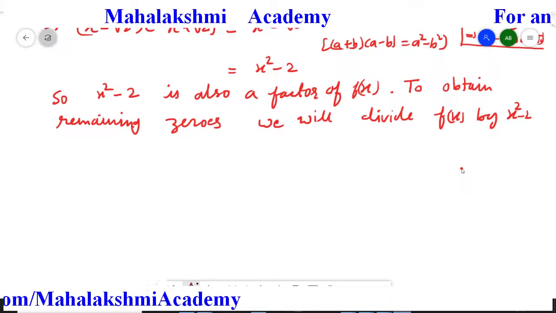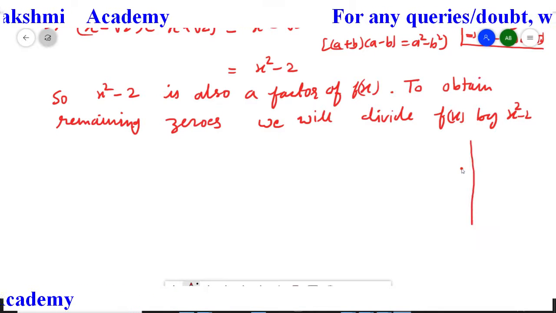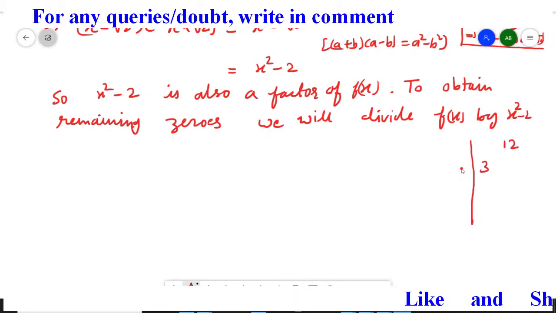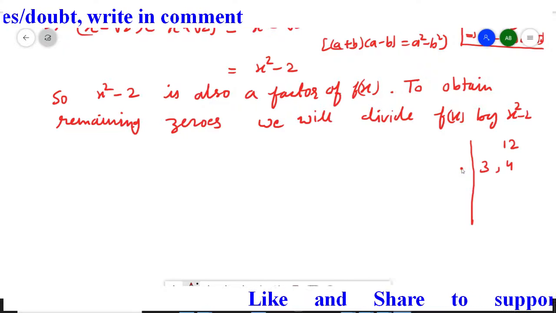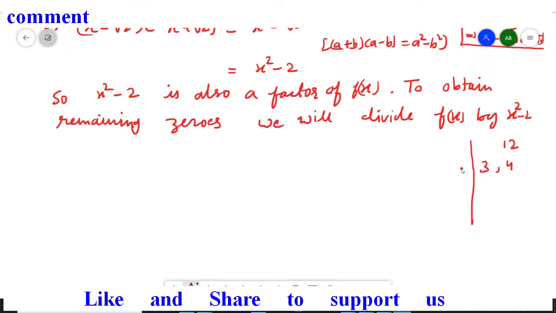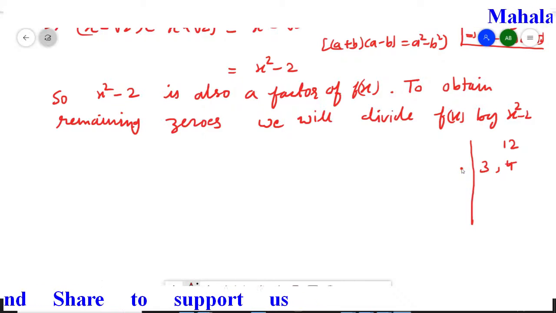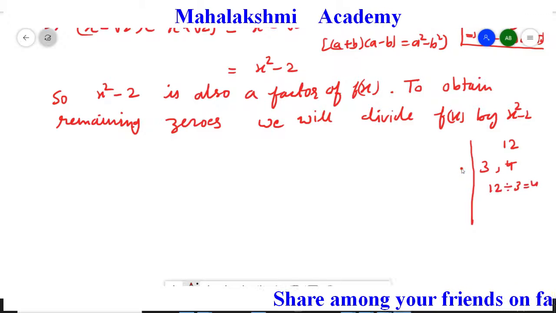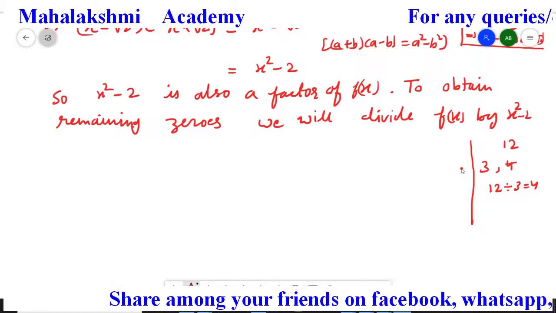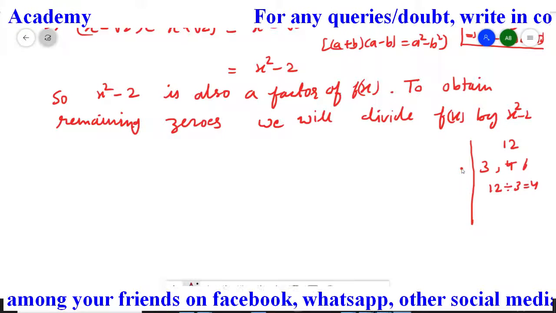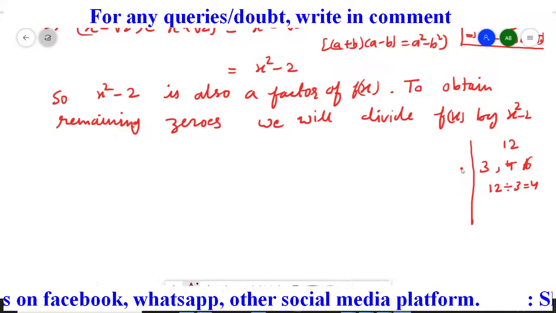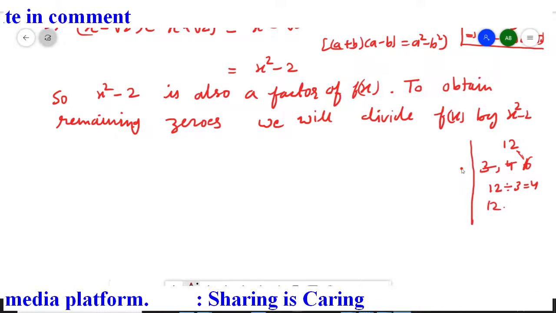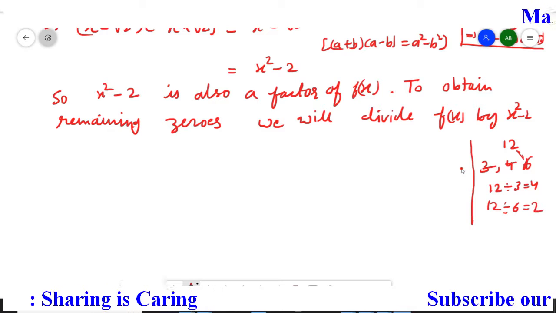So again I am just doing one rough work to explain to you. Suppose students we have 12. Then 3 is also a factor of it and 4 is also a factor of it, isn't it? So if among 12 you know only 3 is a factor, to find out the remaining factors you have to divide 12 by 3. That will give you the remaining factor. In the same way, 6 is also a factor of 12. If we don't know the other factor, then to find it, we have to divide 12 by 6. So the other factor is going to be 2.